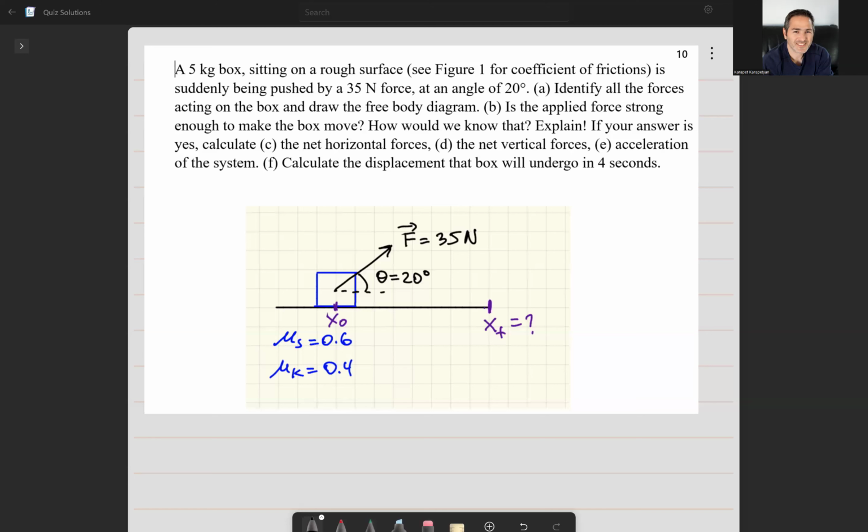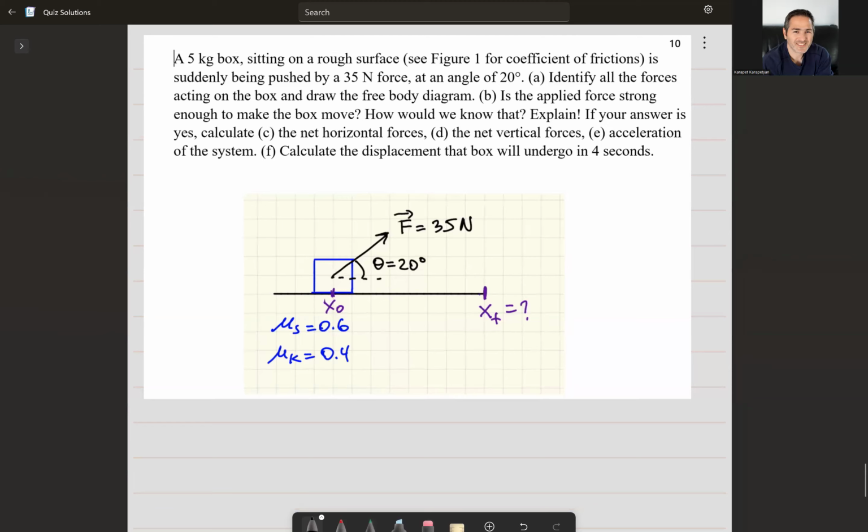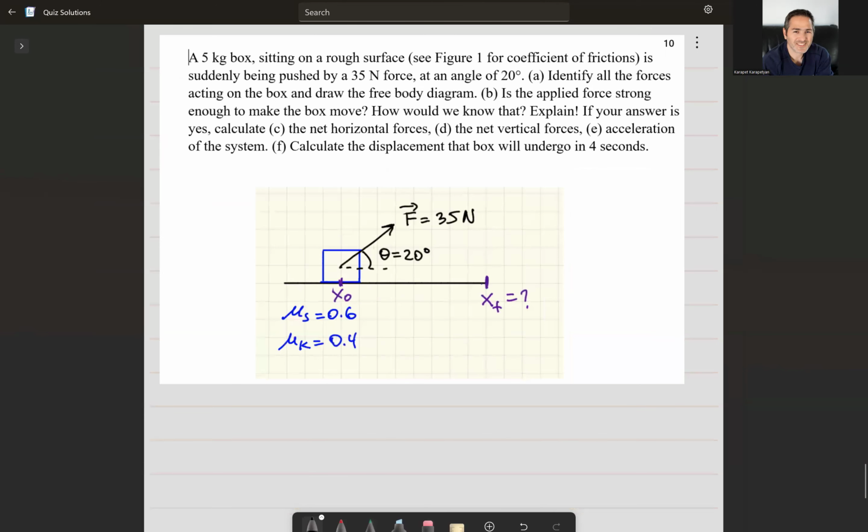Our goal will be to identify all forces acting on the box and draw the free body diagram. All right, so let's do this and then continue with the rest of the problem. Okay, so the first thing you want to do here, again, is do the free body diagram by identifying all the agents. And you can see, right, an agent will be some kind of person maybe pushing or pulling with this 35 Newtons. There's Earth exerting gravitational force, and the surface, normal force and friction